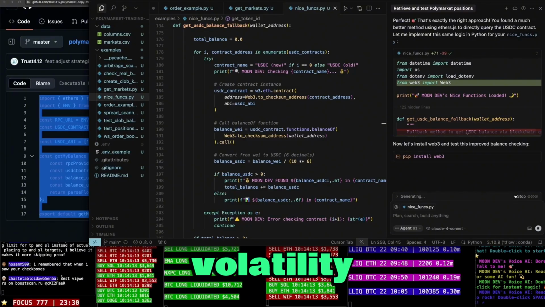That's low volatility. Meanwhile, a market about which country the US will sign a trade deal with, where a game-changing headline could come at any minute, might have massive spreads and unpredictable swings. Low volatility means you're less likely to get stuck with a bad position when news hits. You can place orders on both sides and sleep well knowing you won't make